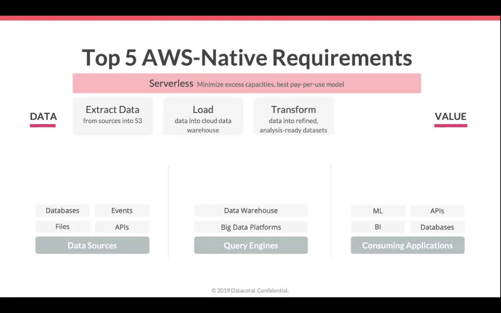Number 1 is serverless, right? Yes. And this one I really appreciate, and it drew me to Datacoral, was the fact that we are really operating in almost a cloud 3.0 kind of era, where the original cloud was lift and shift your entire data center infrastructure into a whole bunch of EC2 instances. That is right.